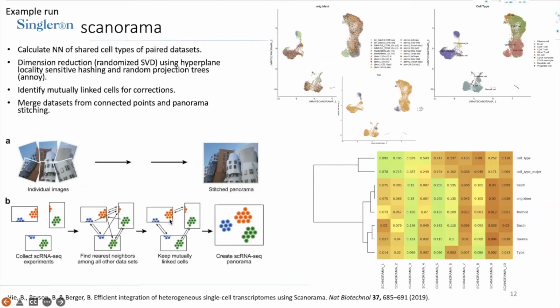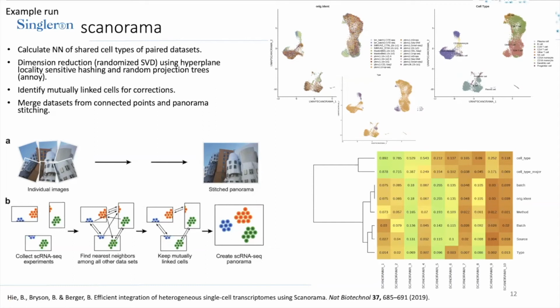And after identifying the mutually linked cells from the corrected data, it stitches all of the nearest cells together and creates unique distinct groups of cells that are represented as clusters. So by using this way, Scanorama itself didn't overcorrect. It actually tries to remove the batch effects while retaining the biology behind it as much as possible here